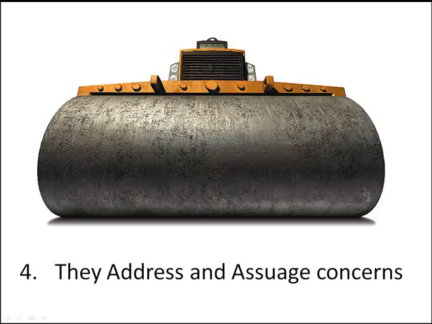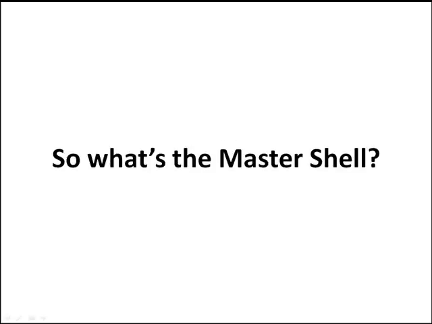Okay, that sounds simple. But how do they manage to do those 4 things so simply and easily? Well, they use what's called the greatest shell on earth. We've gone over the DJA shell. Now let's look at the greatest shell. Before we get into it, I want to reveal the fact that 90% of all communication, intentional and unintentional, uses the greatest shell on earth. So what is it? Well, we call it the master shell.